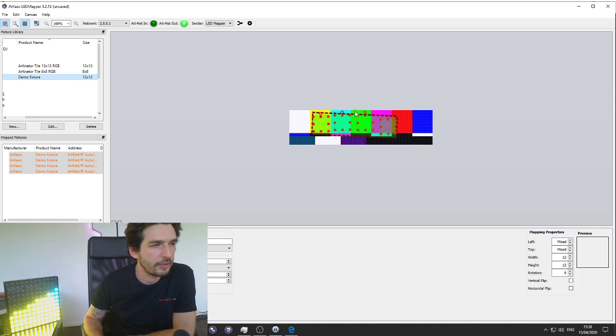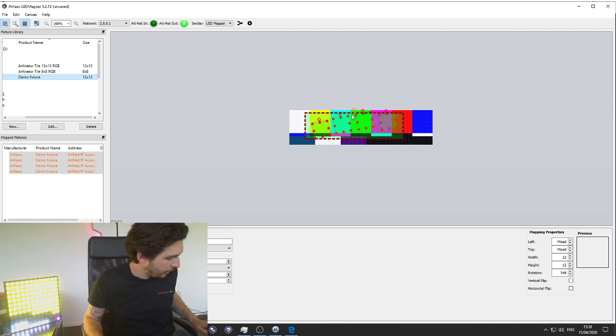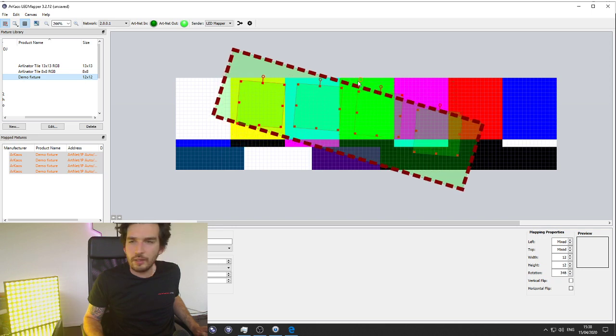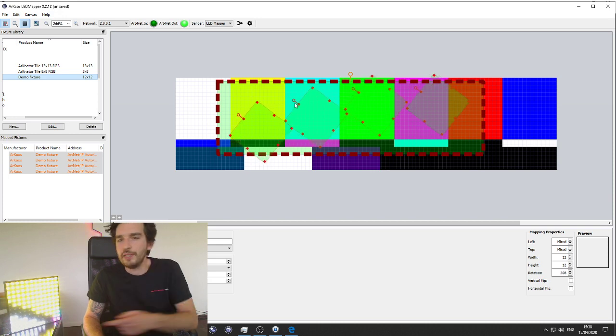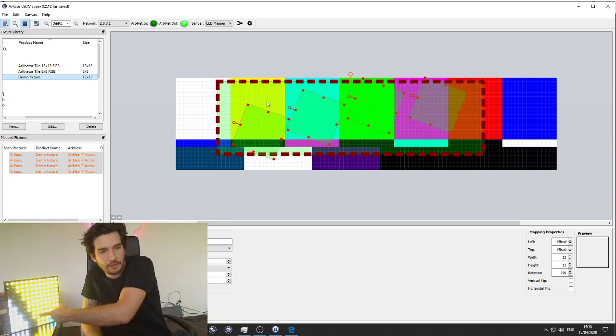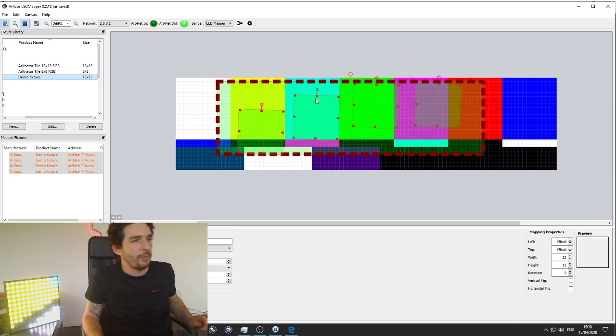Okay, so that's rotation of the group, or you select that and you can rotate your fixture. You see live that my output there is updating live again.